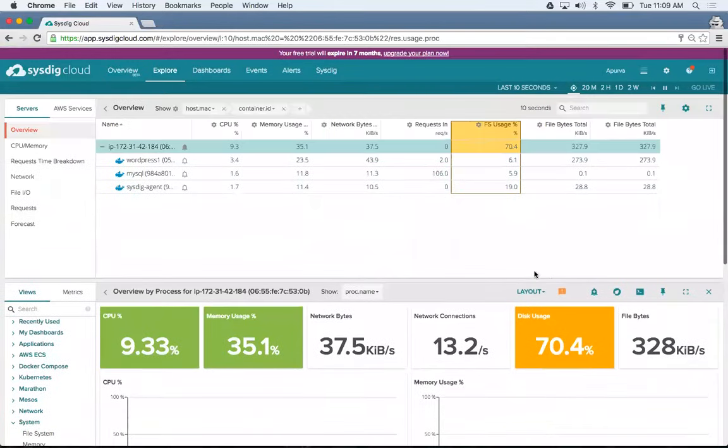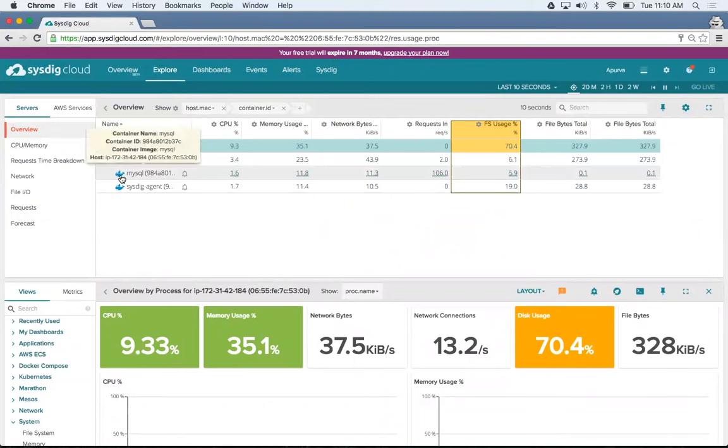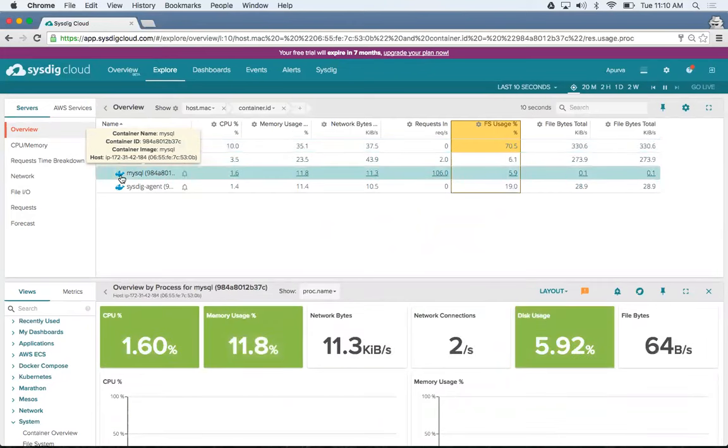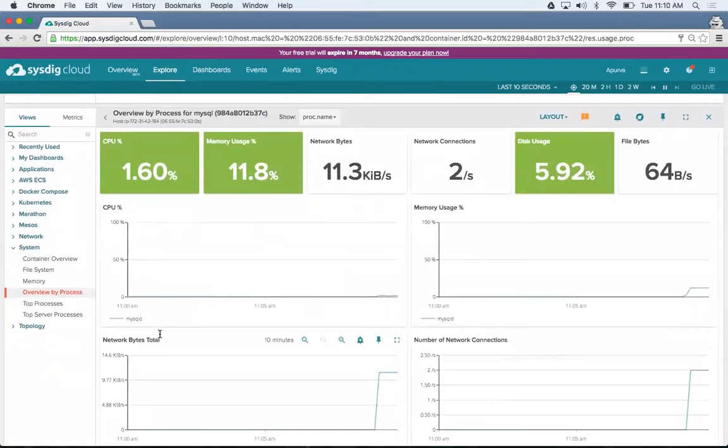So that's interesting, but what you'll also see is that Sysdig Cloud gives you the ability to drill down and see what's running inside that host as well. For example, we can click on this MySQL container. And again, we get an overview by process for the MySQL container. That's interesting, but